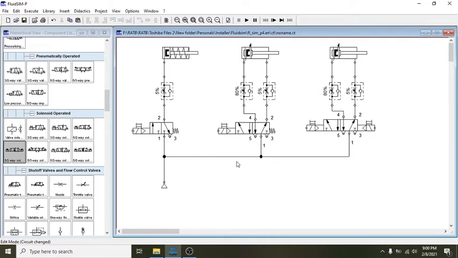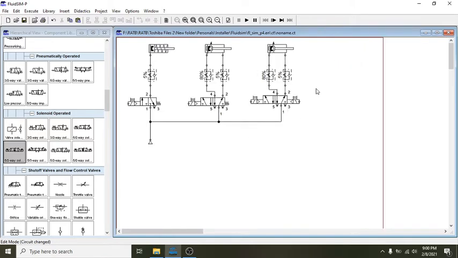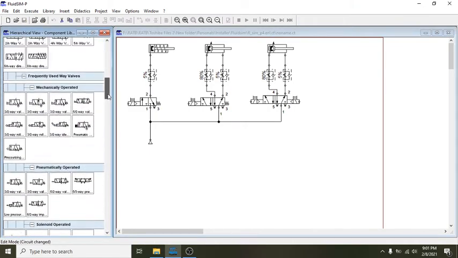Okay, so now we'll try to explore the control mechanism of the electropneumatic system. Okay, so this time we'll be using the